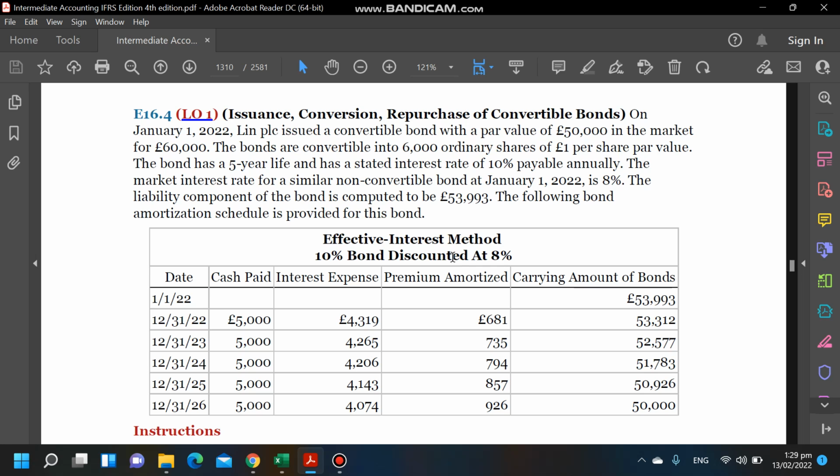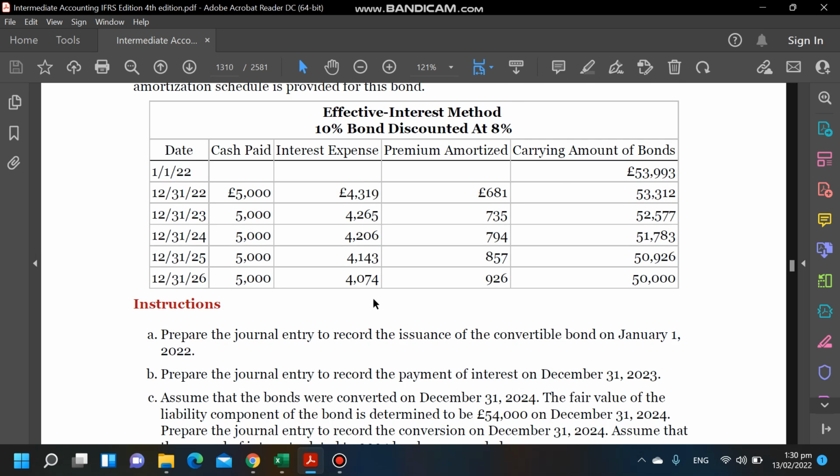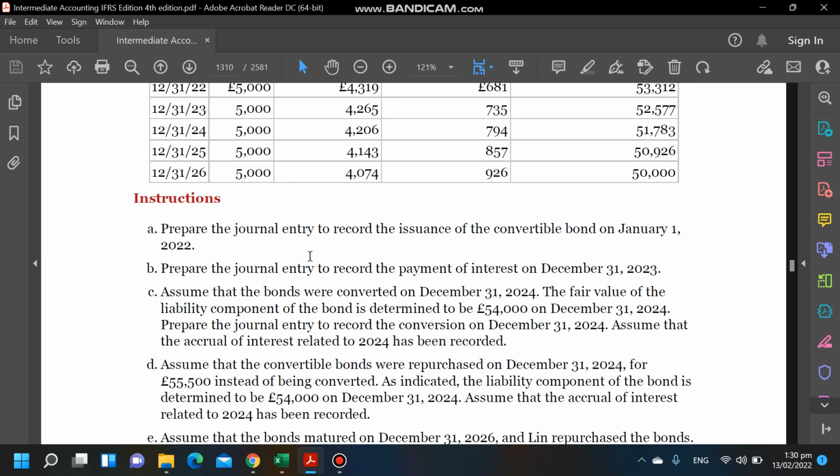The market interest rate for a similar non-convertible bond at January 1st, 2022 is 8%. The liability component of the bond is computed to be £53,993. The following bond amortization schedule is provided for this bond. So the question has provided us with the table. So the first instruction, A, is to prepare the journal entry to record the issuance of the convertible bond on